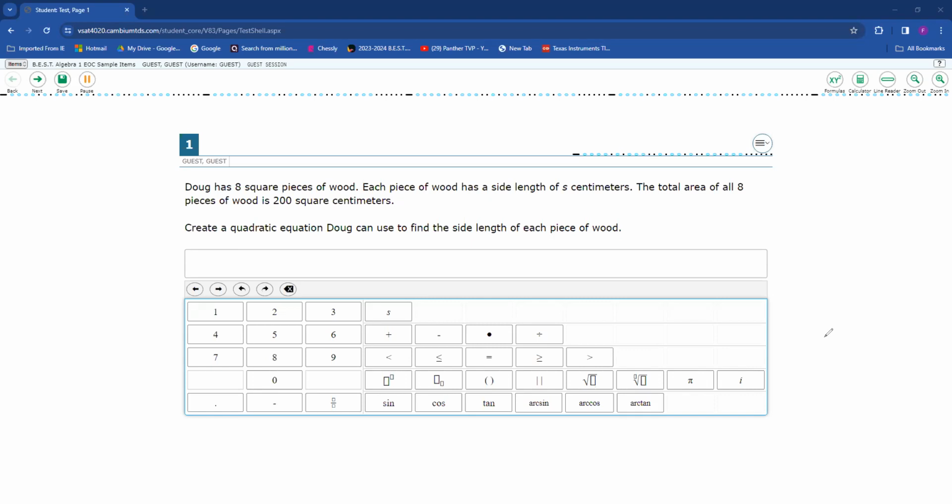Okay, Mr. Serrano here, looking at the sample questions for the computer-based test on the Algebra 1 EOC. So question number 1,